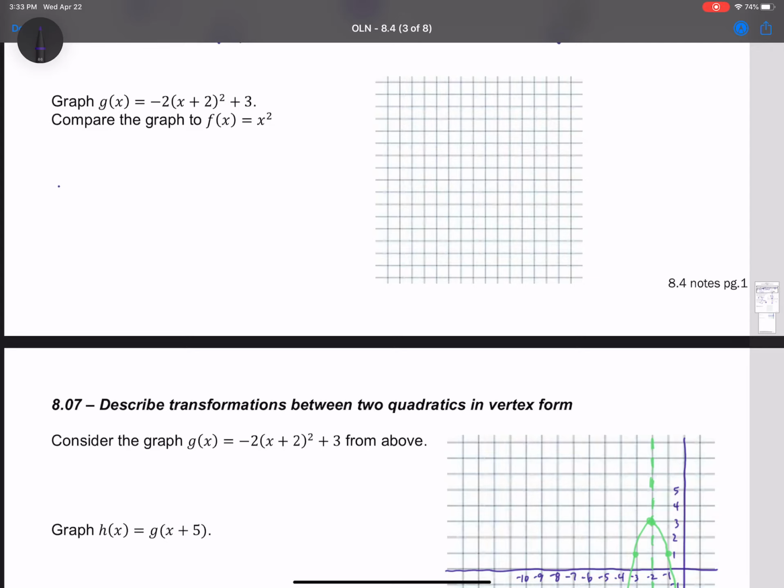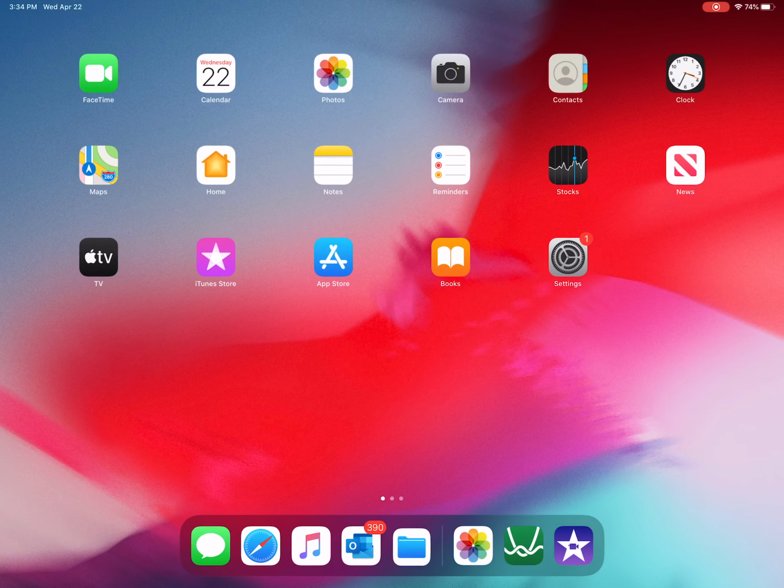This next graph, we are going to look at it directly from Desmos. Real quick though, I want you to notice it's in vertex form, and hopefully you notice the vertex is at -2, 3. We also know some things: it opens down, and then we can go from there. All right, so when we go to Desmos,